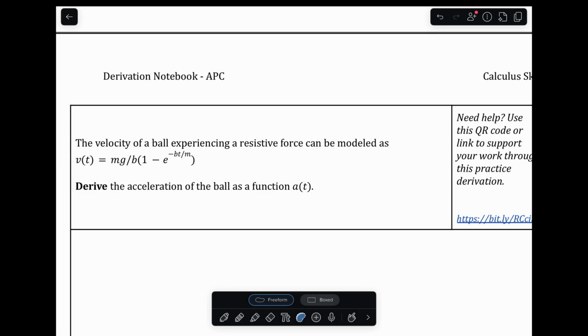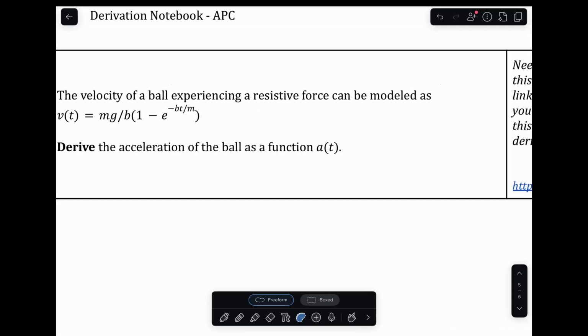Hi, this is video number 7 for AP Physics C Mechanics Calculus Skills Derivation. And in this video, we're going to be taking the derivative of this velocity function. And it's quite an important function that you will be deriving in Unit 2 for forces, something called the